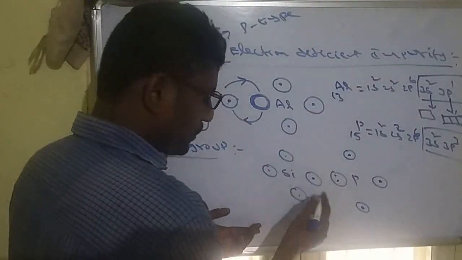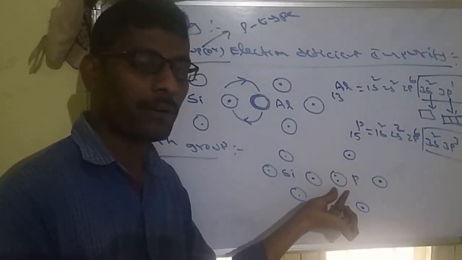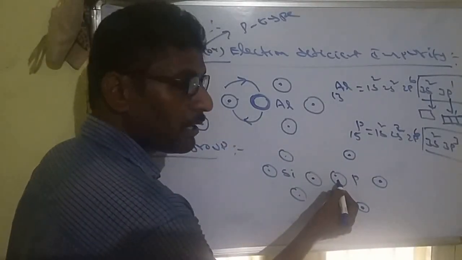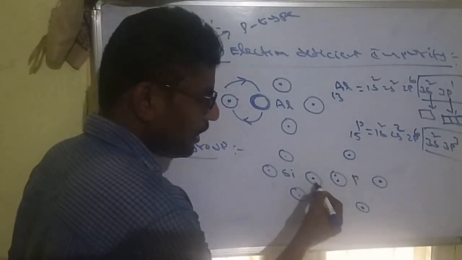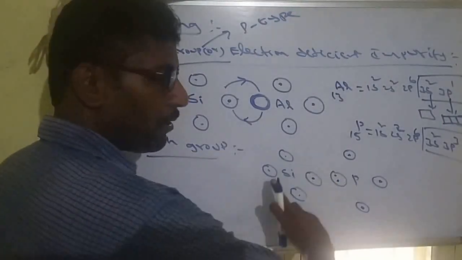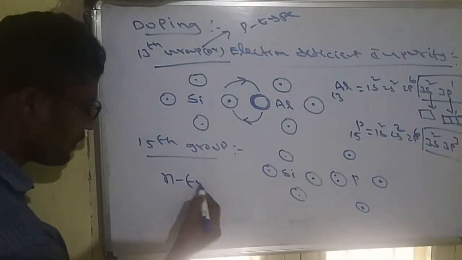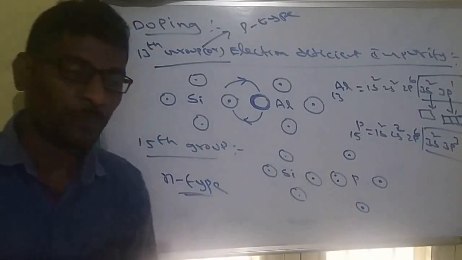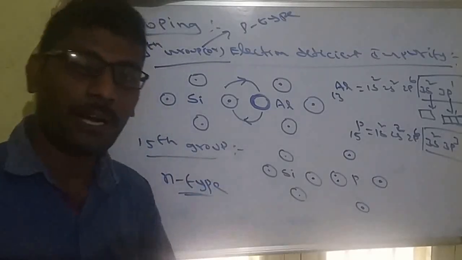So silicon is doped with a phosphorus atom. Here unpaired electron, here paired electron. If there is no empty orbital, that means there is no hole. Here an extra electron is present. So these extra electrons can be moved to this orbital. After it is moved to this orbital, electrons continuously move here, and there are no holes. Only movement of electrons is there. Due to movement of electrons, the conductivity increases. Such conductors are called n-type. N means negative type. Electron charge is negative. The negative electrons are moving, so the semiconductor is called n-type.